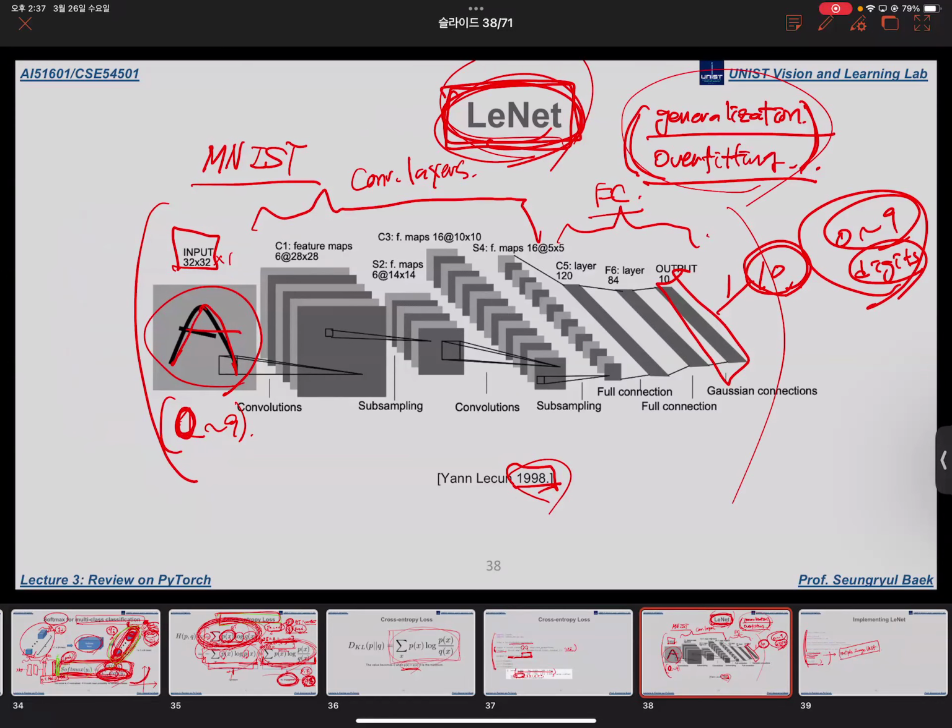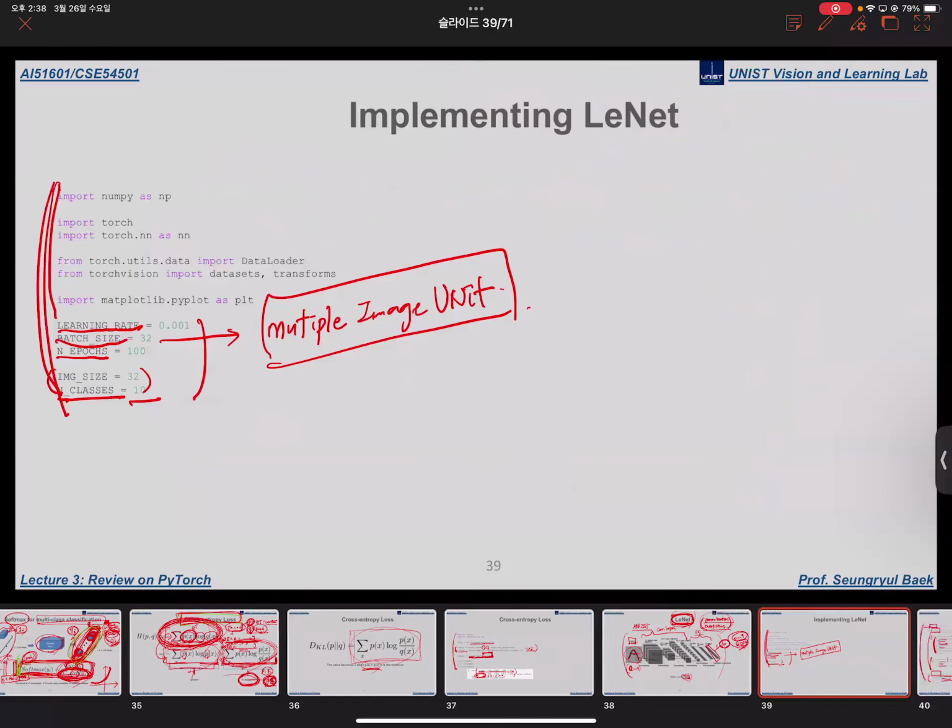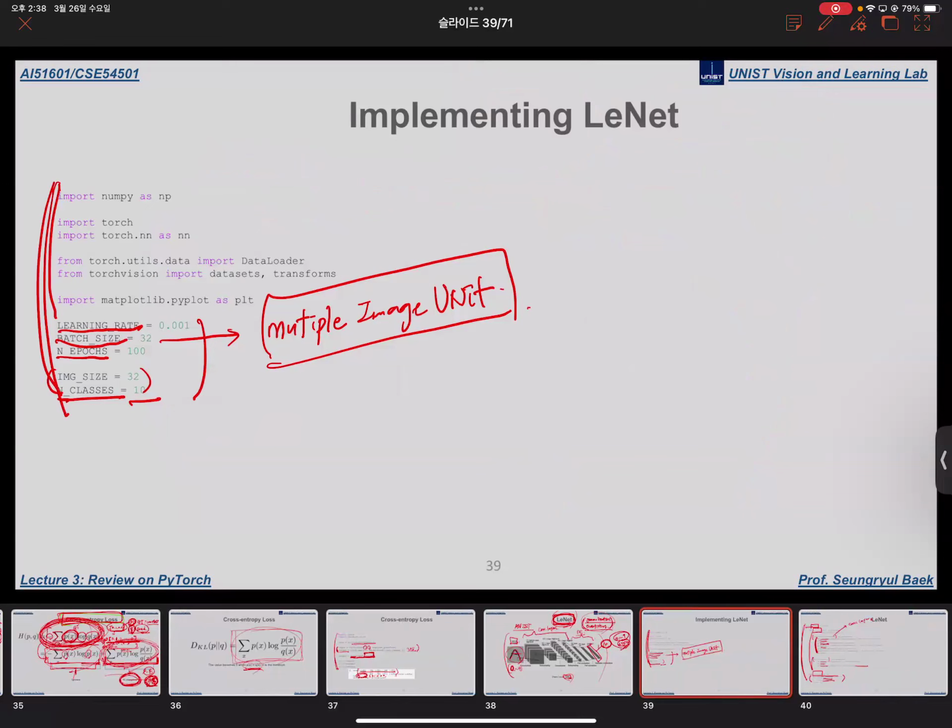And we also learned about the early-stage CNN architecture, whose name is LeNet. The input size is very small and it takes a grayscale image. At the last layer, it outputs a 10-dimensional vector, which may denote the probability for each digit. Because there are 10 digits, we have to estimate a 10-dimensional vector. And we will implement that for the 10-class